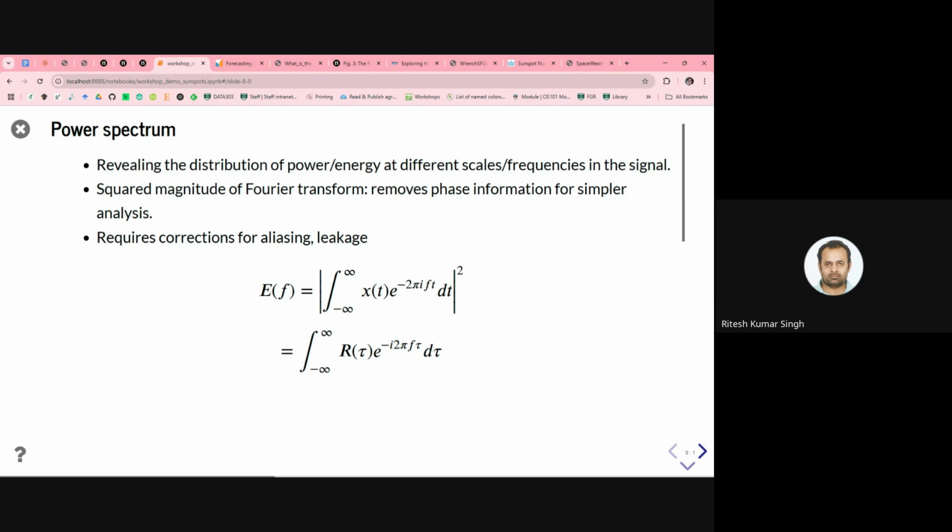So, Daniel, you are at just the right slide. I had a question and I forgot it when you were talking. My question is that this E of F that you have defined on the first line is definitely a real number, but in the second line, in general, it's a complex number. Is there some additional assumption going on because R, capital R in the second equation, is real?